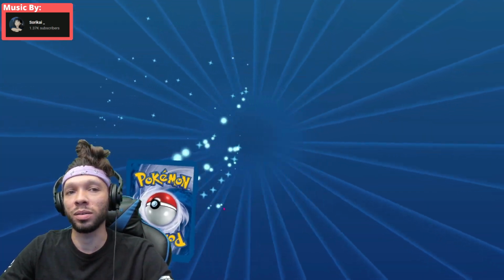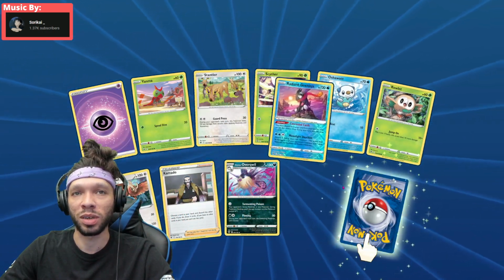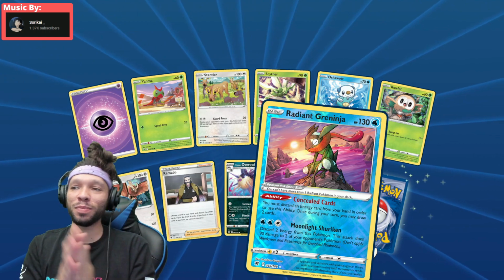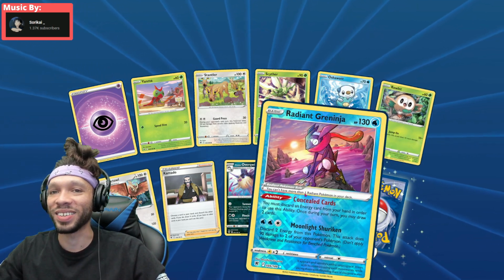It seems okay. A lot of damage is always nice. Especially if your opponent's playing a single prize deck with a lot of small Pokemon, so eventually you could just take 3, 4, 5. Radiant Greninja. Radiant Greninja. We got our first Radiant Pokemon. Sweet. I can toss this into a lot of decks. I could toss this into